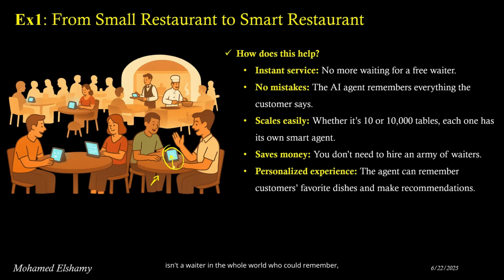There isn't a waiter in the whole world who could remember like 1,000 customers and the orders they've made over the past months, right? But the AI can remember that, or, well, not exactly remember. It can go and check what's stored in the restaurant and know that this person ordered these dishes before or that they like these dishes. So it can immediately suggest them to the customer. It could say, "How about I get you this or that or the other?" And here's where the power of the AI agent or the artificial intelligence employee really shows.